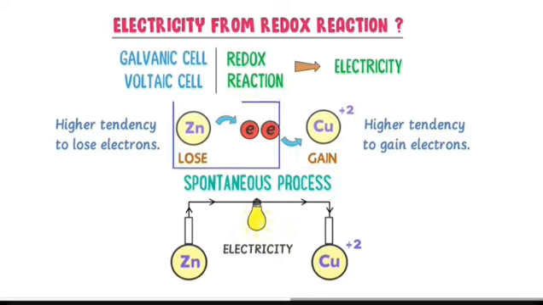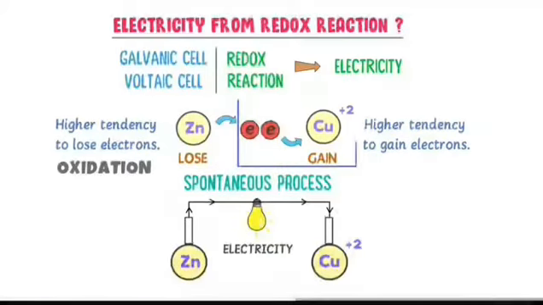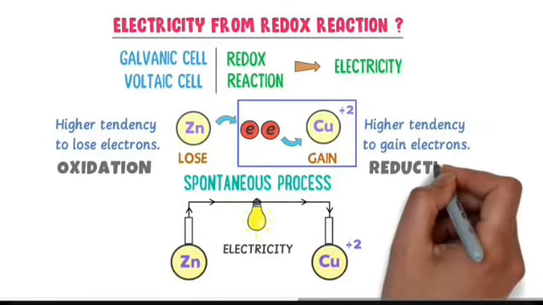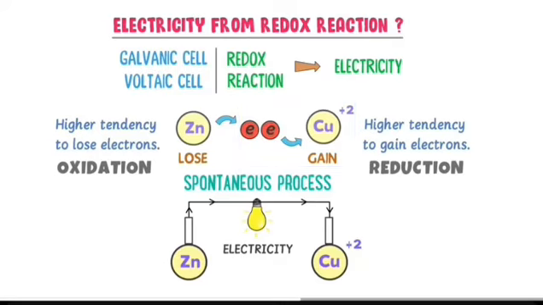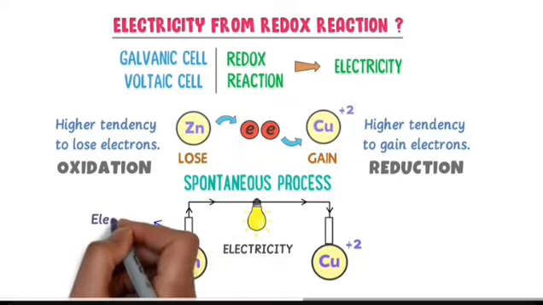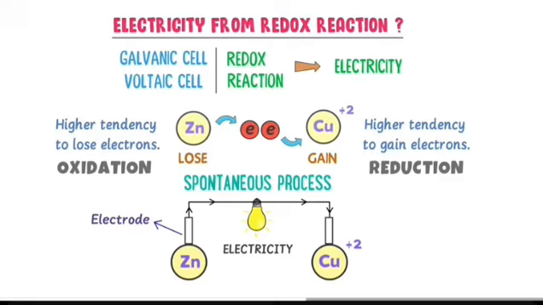Here, zinc loses 2 electrons, it is oxidized, while copper gains 2 electrons, it is reduced. Secondly, this is the zinc plate which is called an electrode, and this is the copper plate which is also called an electrode. Here, let me ask you, can you guess which is anode and cathode? Well, oxidation